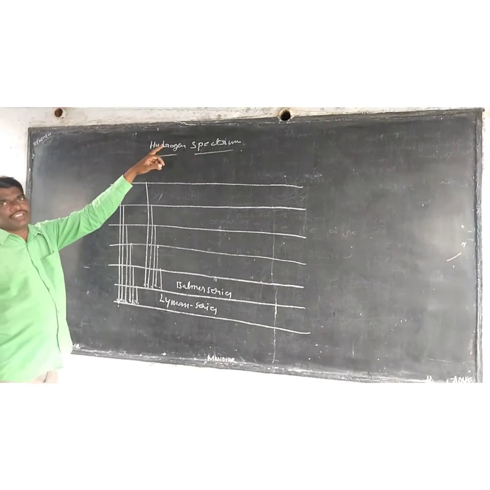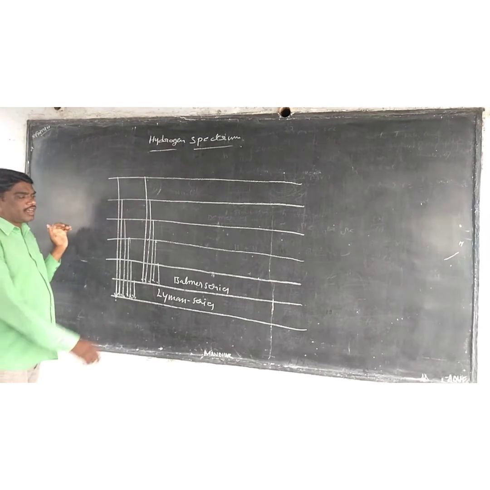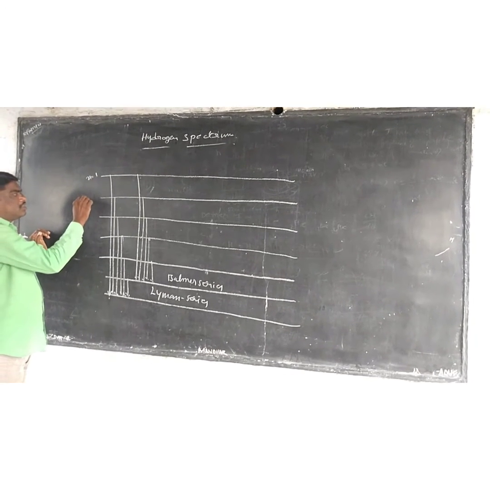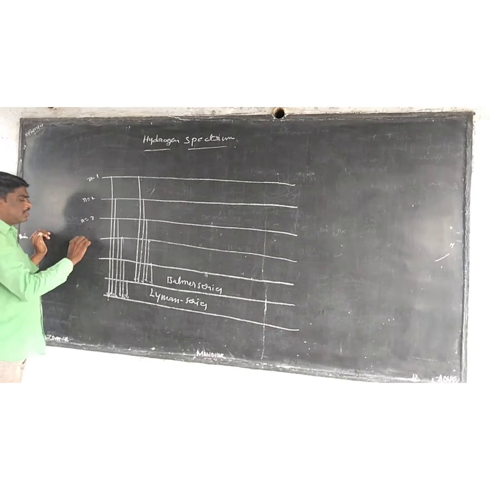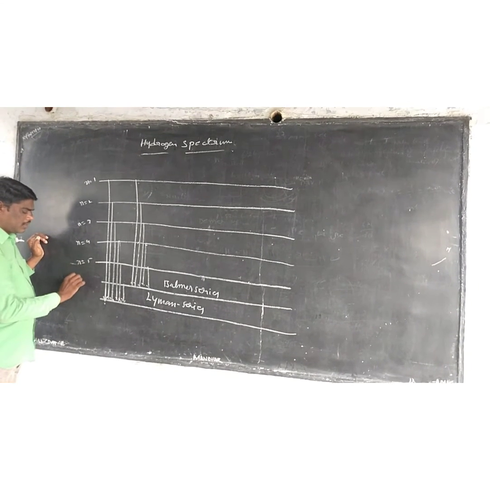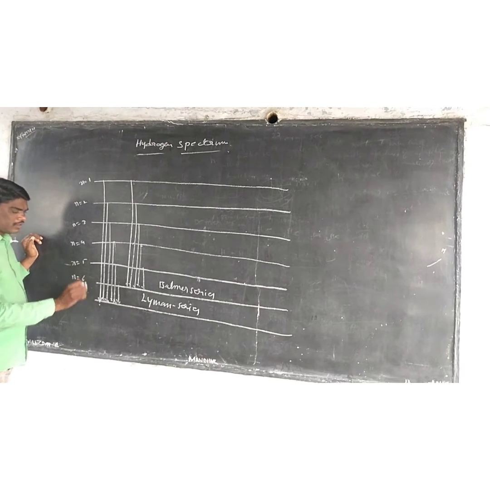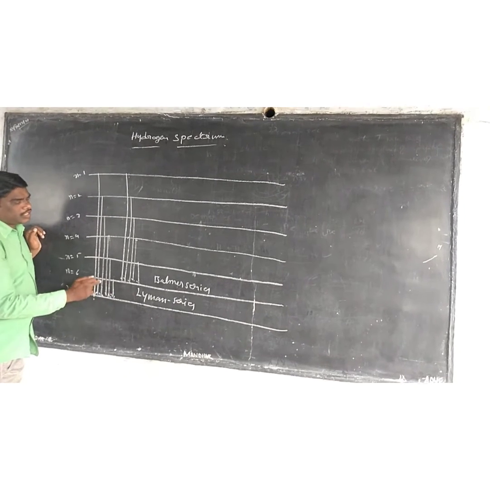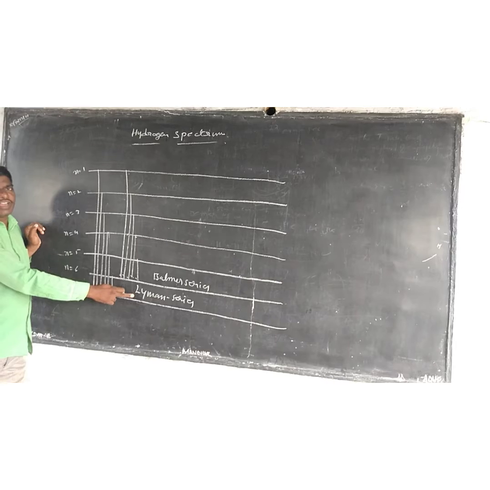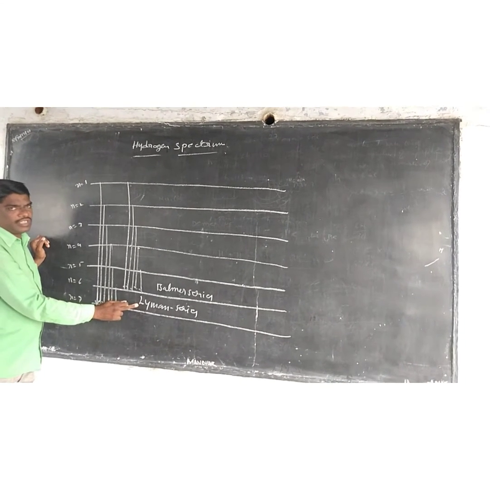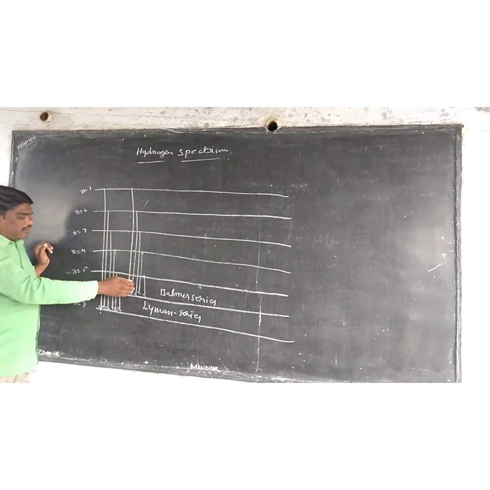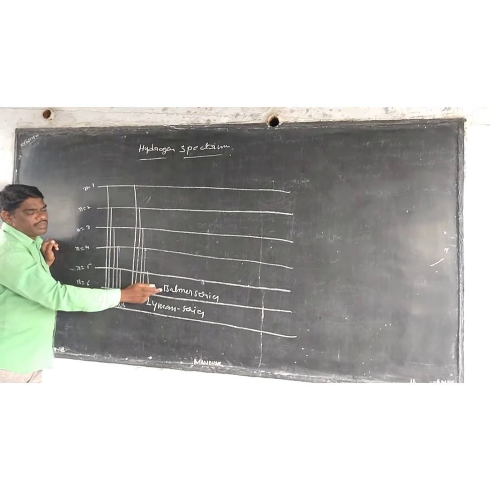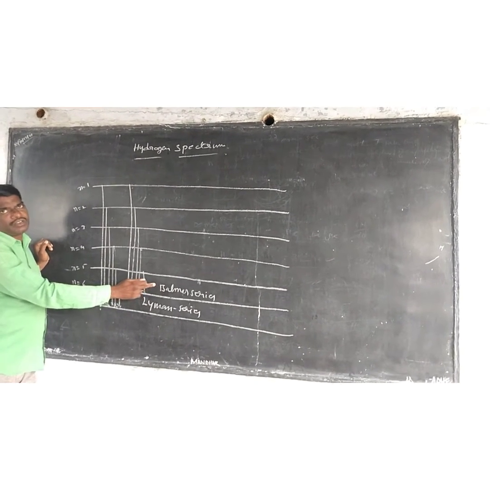Now, draw the diagram of the hydrogen spectrum, these 7 lines: n = 1, n = 2, n = 3, n = 4, n = 5, n = 6, n = 7. All the splitting of small spectral lines joining the first line is called the Lyman series, identified by the scientist Lyman. Next, n = 2 is the second, and the splitting of small spectral lines was identified by Balmer. This series is called the Balmer series.